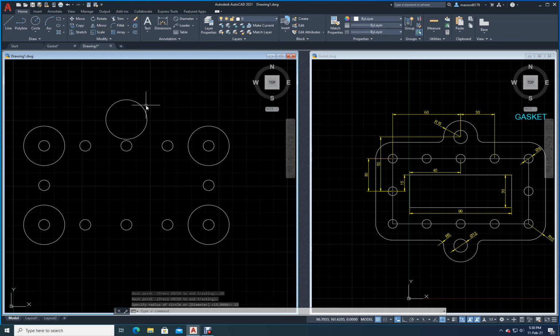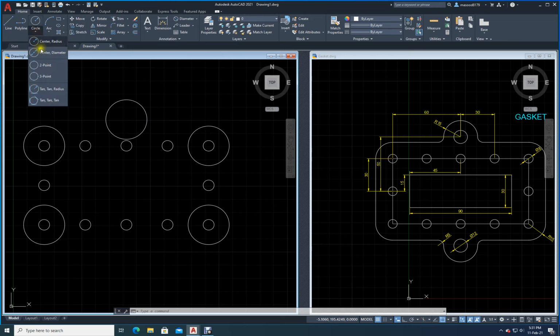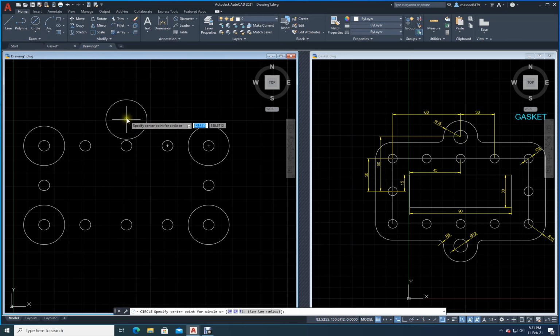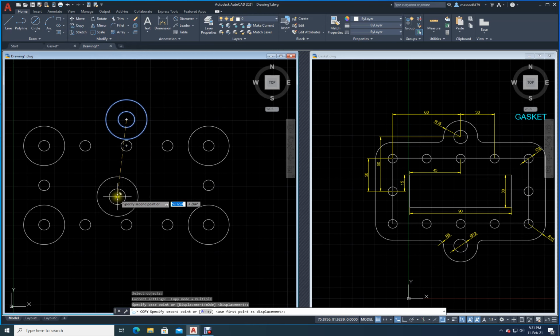So similarly, I can just draw one more circle, right? Or I can just copy it and bring it down. And I need one more hole here. What is the radius of this hole? It is 12. Let me do that also. Just from the center, how much do I need? 12, enter. Okay, now I will copy, select this as well as this, enter. From where? From the center point. I will come down how much? 15 and another 15. Let me put ortho on, so I will go down by 100. Okay,